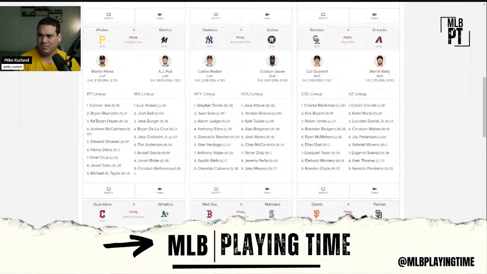Brian Hayes is off to a strong start this year, but like a 3-degree launch angle, which again, goes back to he's pulling the crap out of the ball. Last I looked this morning, it was like 50-something percent, but also like 50% of his balls to the pull side are ground balls right now. So he's pulling the ball, but he's not elevating to the pull side enough just yet for that power to play up.